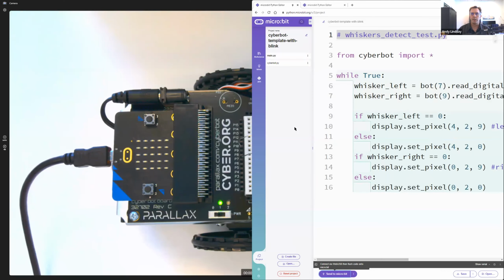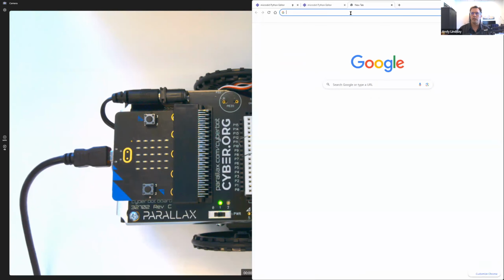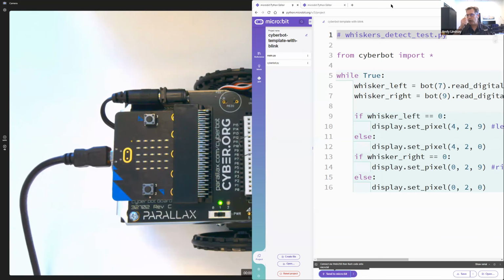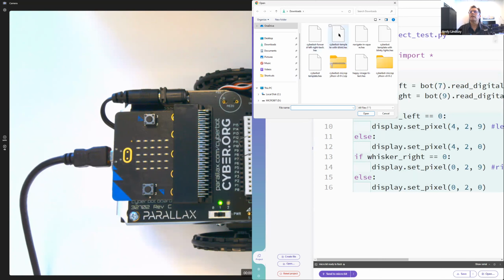So what I would do is copy the script. If you have it in there and you don't want to lose it, just shade it, right click it and copy it. Then hit the open button in the lower right,